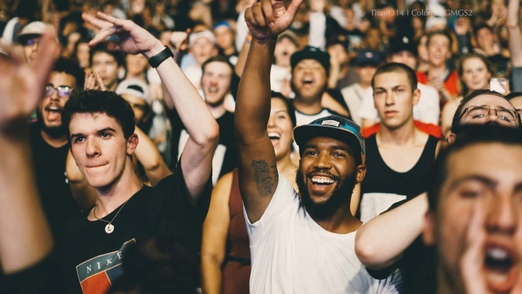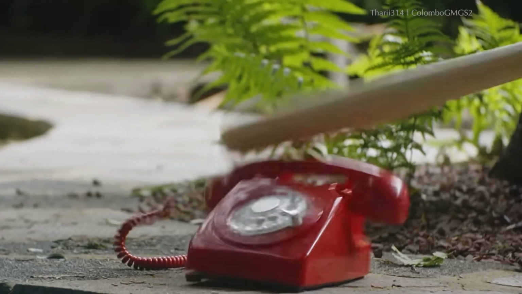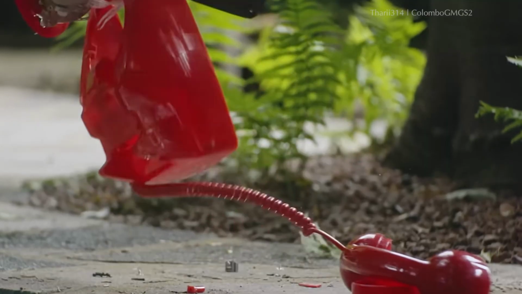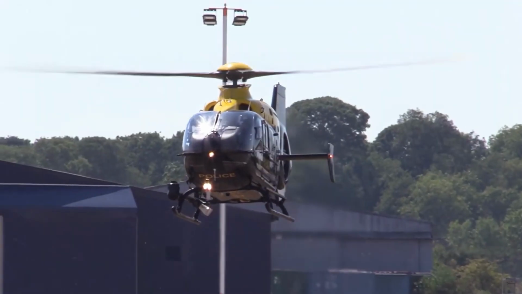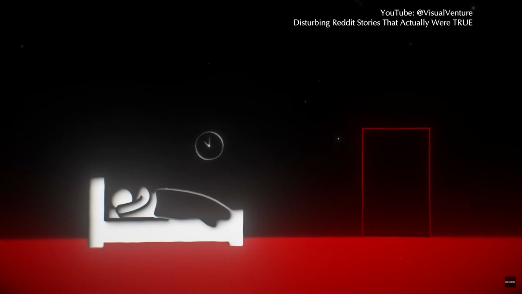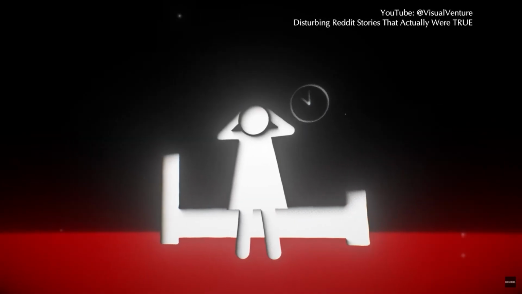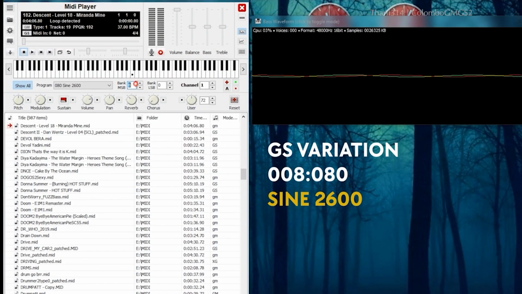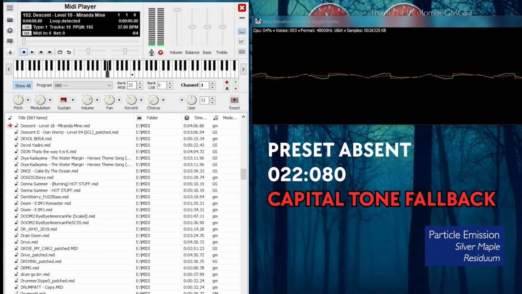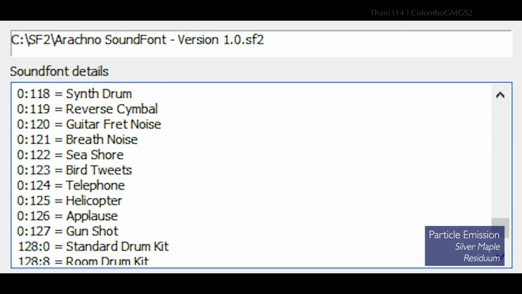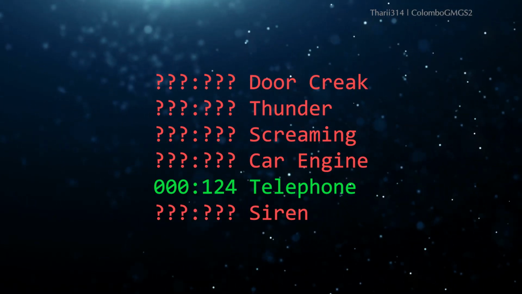So in case it doesn't make any sense, here we have some scenario of a random crowd celebrating the ring of some telephone, and then a police helicopter shows up out of nowhere to probably put an end to this mass hysteria. But Ghostbusters deal with ghosts who creep into your house on stormy nights and scare the hell out of you, and then you are calling for help. The sole culprit for this incident is Capitol-Tone Fallback, because your sound font currently does not have the correct patches to emulate that SFX pattern.